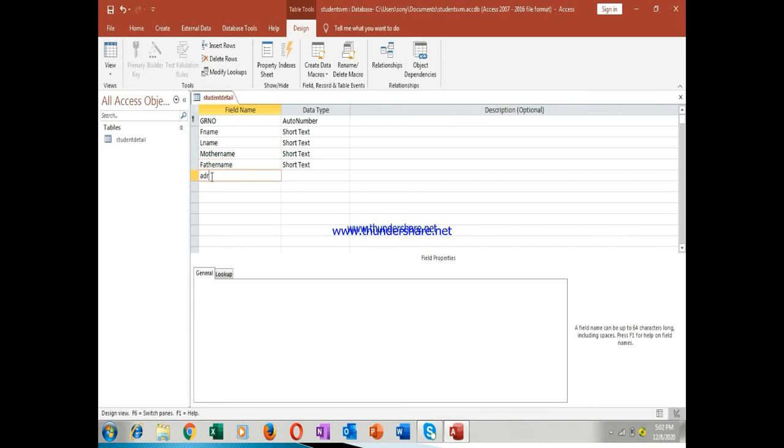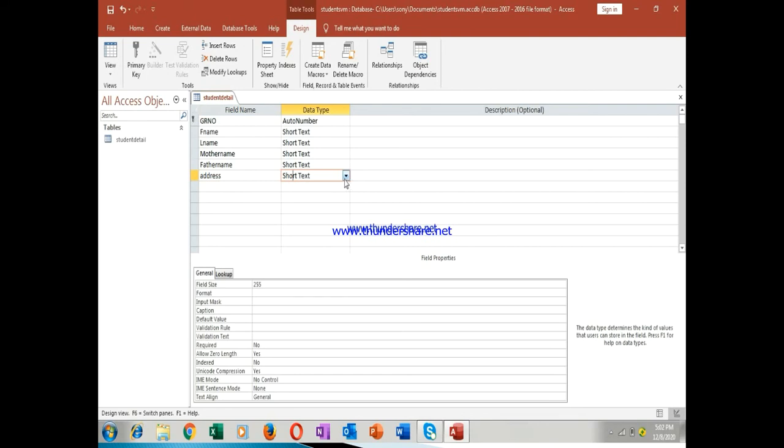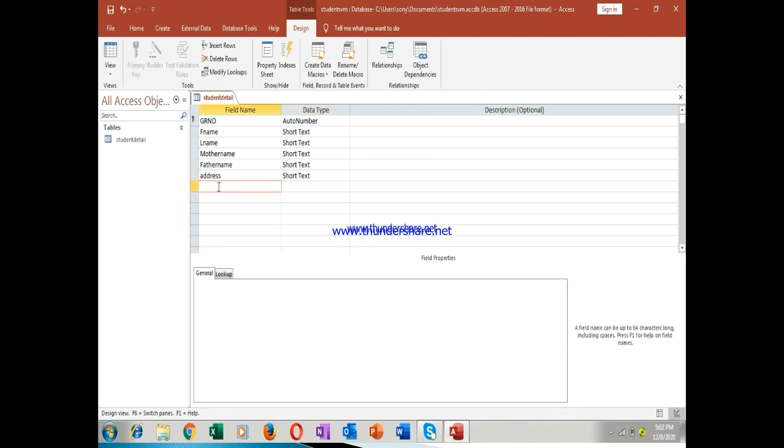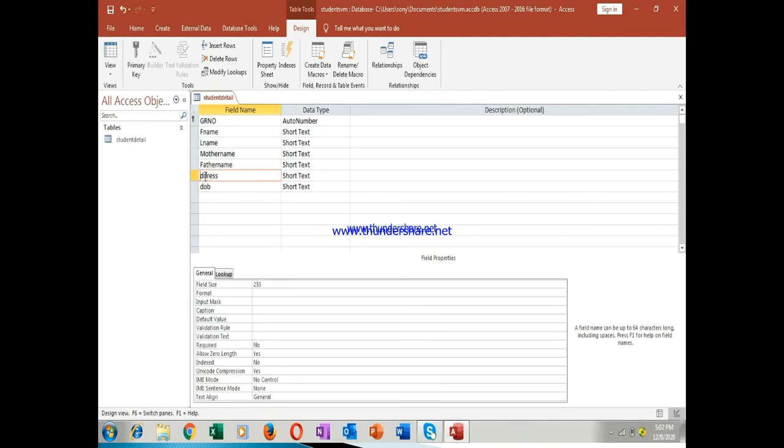then comes your address. So address will be, yeah, this is also short text, and last will be your date of birth. For example, this is just an example, nothing more than that. Okay, and don't press on a new line without completing this one. Don't press here or there, because if you press, you have to write something or the other here. So that is why don't press enter like this. You just do it, and now you have done it.